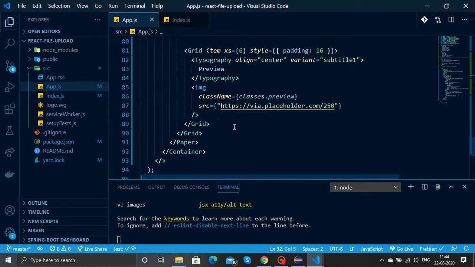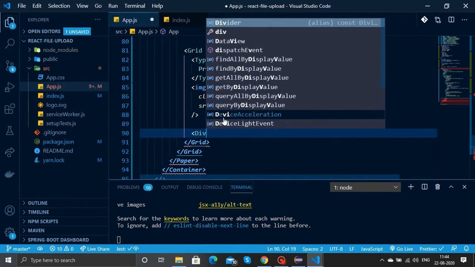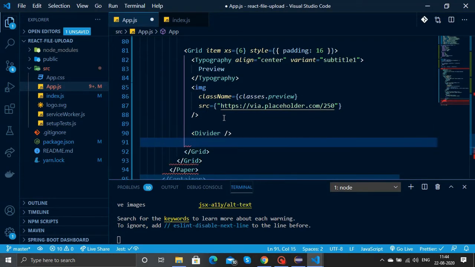We will now provide a divider after the image tag. And we will add a new grid container actually. So we'll give the container prop.